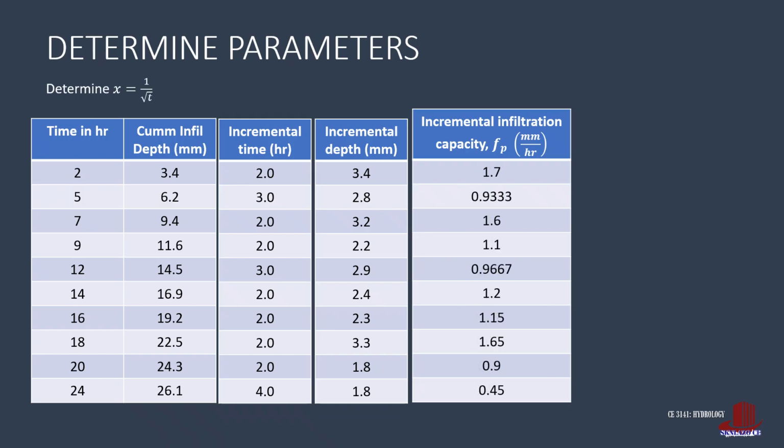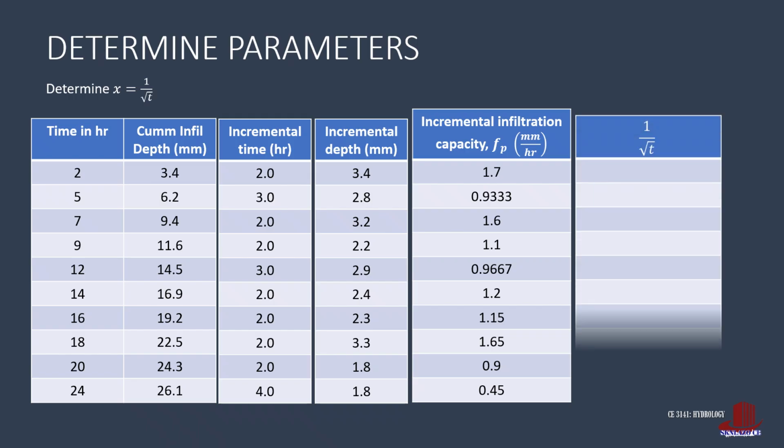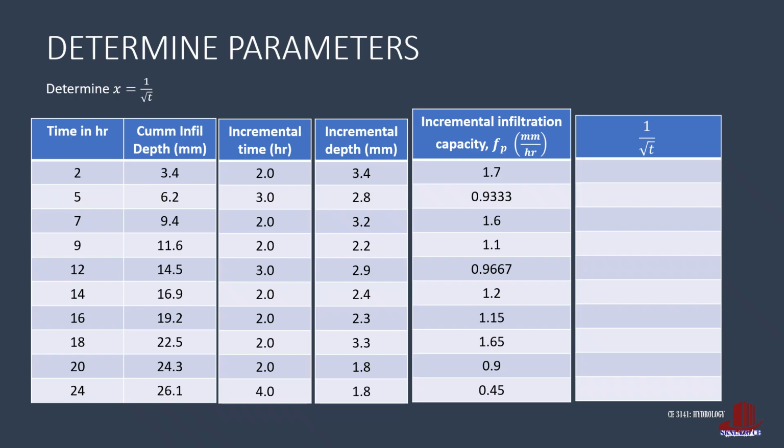Next is to look for x, which is the reciprocal of the root of t. Note that the x-axis of the graph is time, where the value should be increasing, which means what we are to convert is the cumulative time, that is what we have from the first column. So take the reciprocal of the root of 2, giving